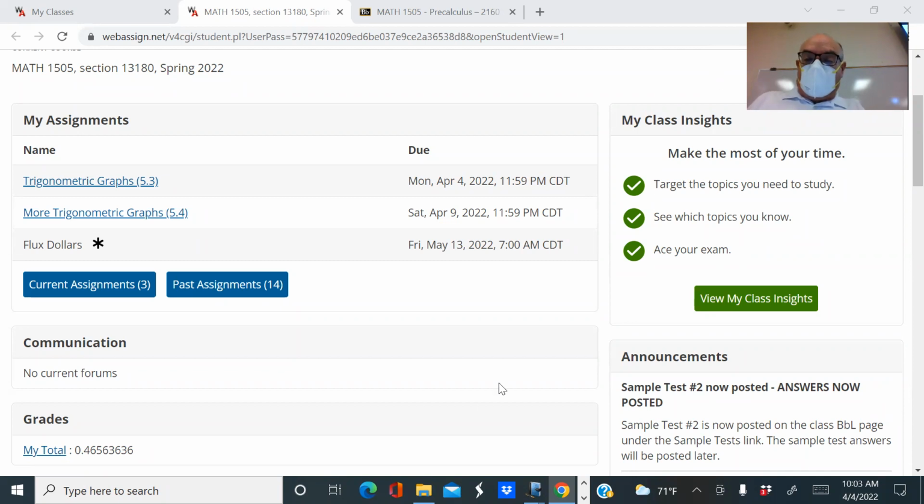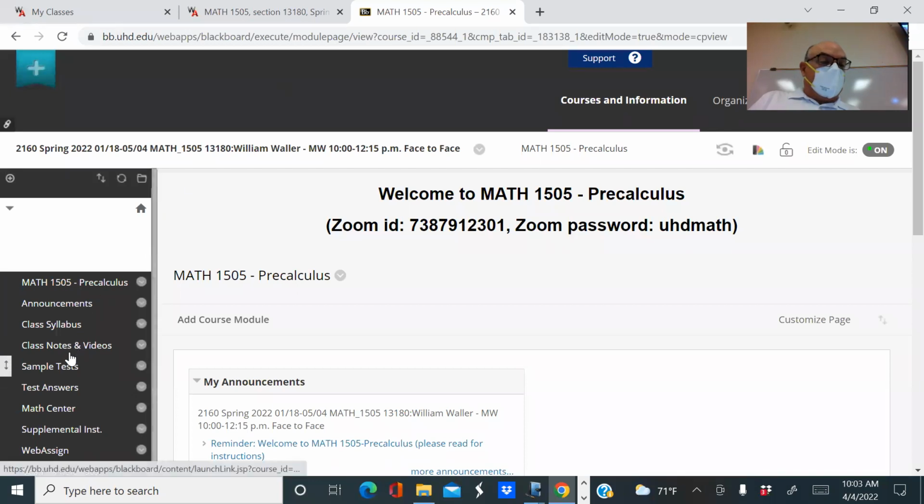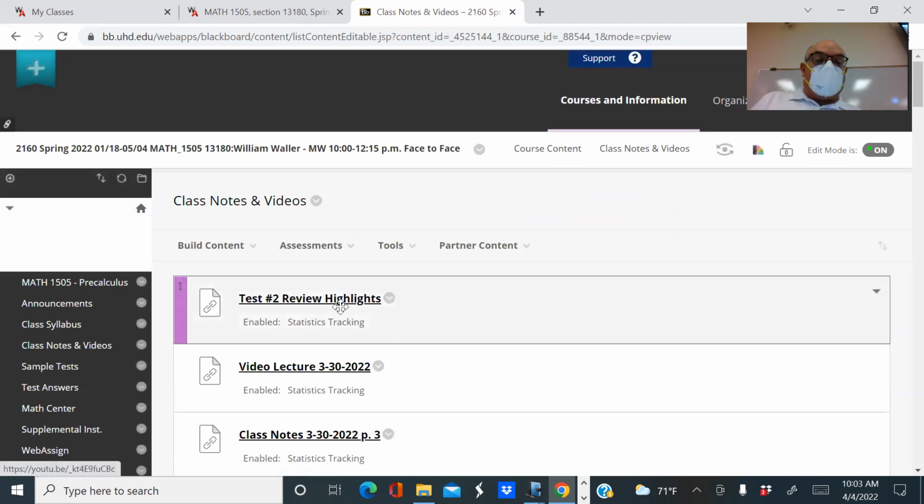The solutions to the sample test are posted already, along with the sample test, on the Blackboard page. I posted that yesterday and sent an email about that. Also on the Blackboard page, if you go to class notes and videos, there is a video of highlights of a review, where I'm discussing the solutions to